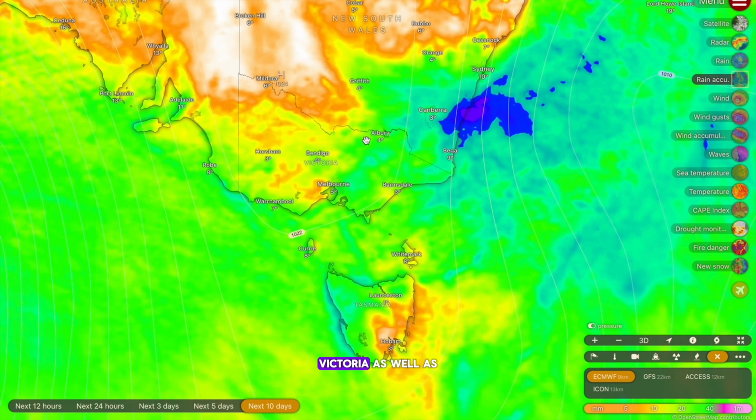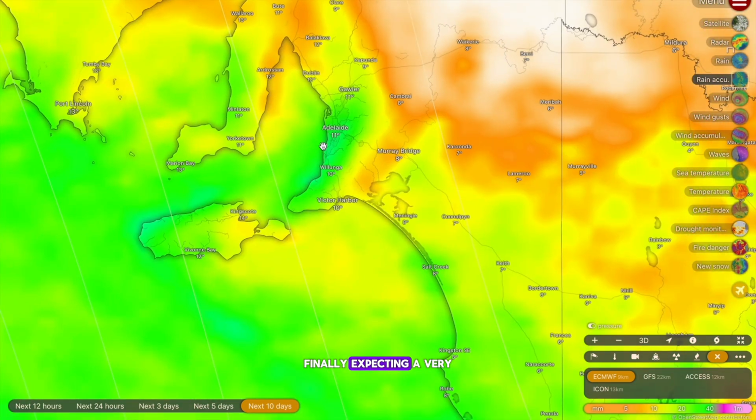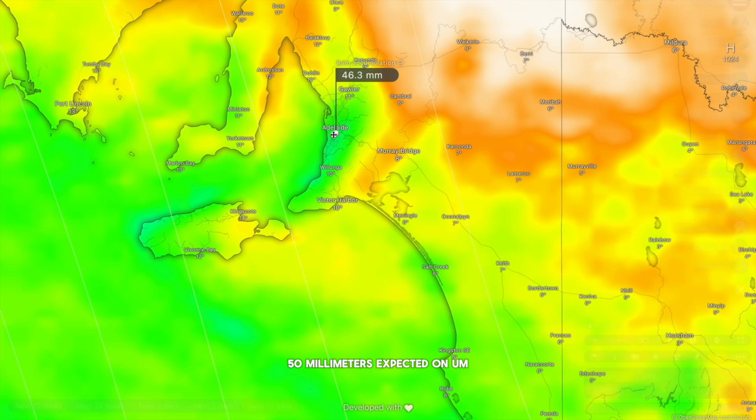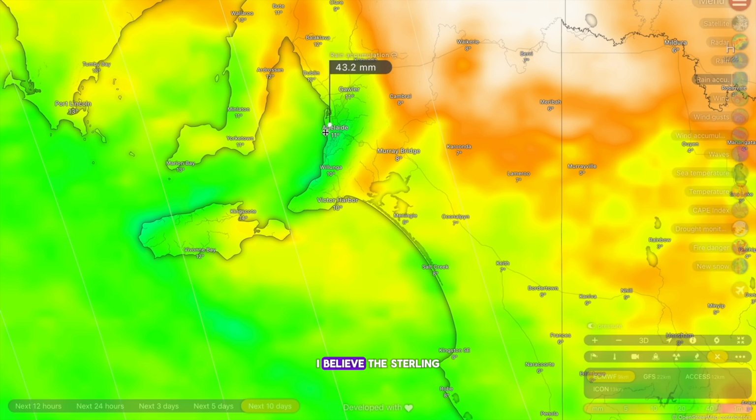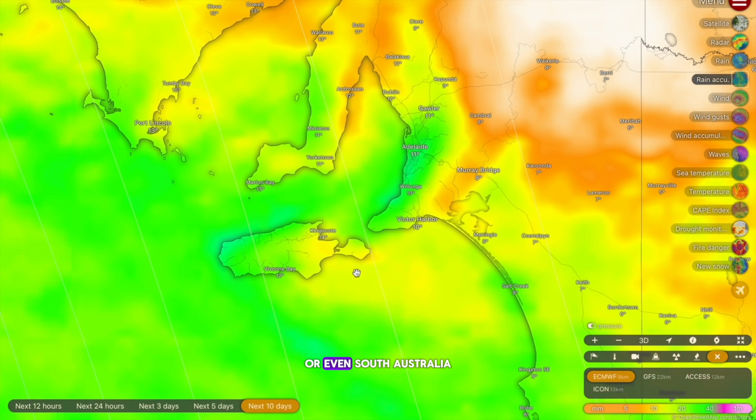Victoria as well is expecting a good amount of rainfall, at least 25 millimetres for Melbourne. The west coast of Tasmania is expecting about 50 to 80 millimetres of rainfall. Adelaide is finally expecting a very good helping of rainfall too, 50 millimetres expected on, I believe, the Stirling Ranges outside of Adelaide. I'm not familiar with my Adelaide geography or even South Australian geography as a whole, but it looks